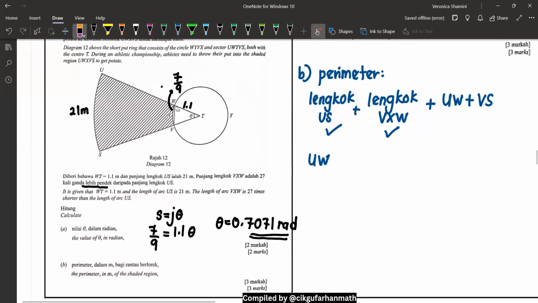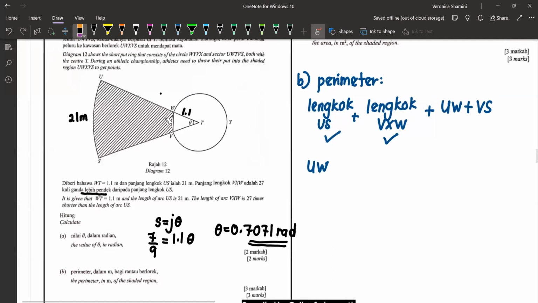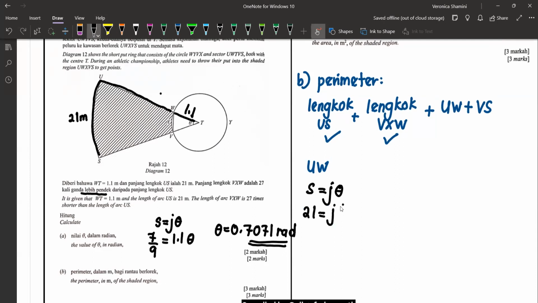Okay, so kalau nampak dekat sini, okay, you can see here, kita dah tahu dah, 1.1. So just nak cari balance ni. And since we know the panjang here, the lengkuk, so we can use s sama dengan j theta. So s is 21. Jejari, okay, tak apa. Jejari tak tahu lagi. So you just put j only. Theta tadi dah tahu dah, 0.7071. Okay, from here let's find. 21 bahagi 0.7071. So teacher dapat 29.70